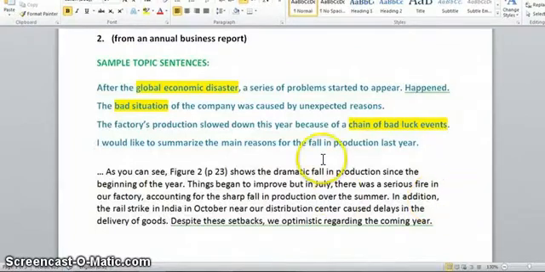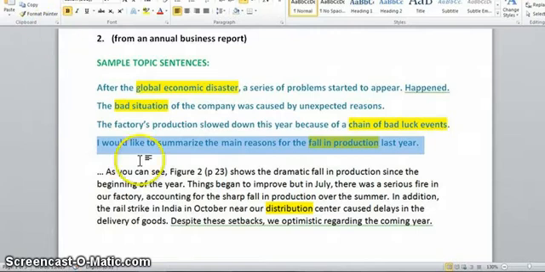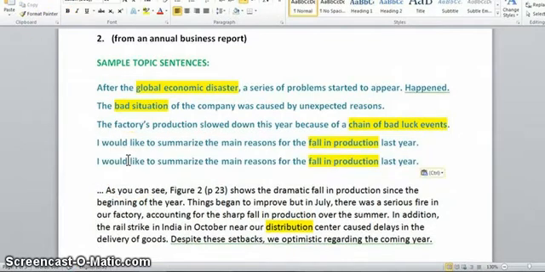And again, what do we have here? It's too narrow because it's only talking about the fall in production, where we also had a problem of distribution. So if we want to go back and say, how can we get all of these different ideas? So if we take this as a beginning and say, I'd like to summarize the main reasons for what's our problem,